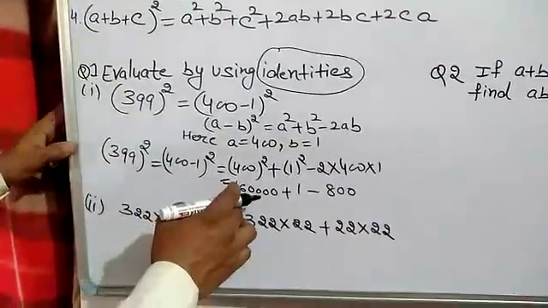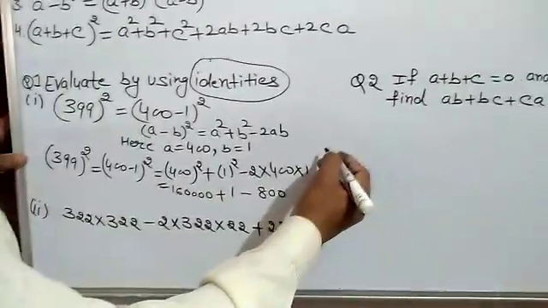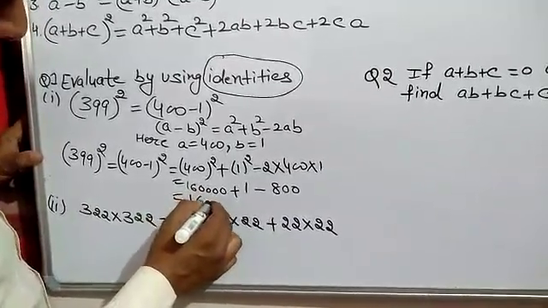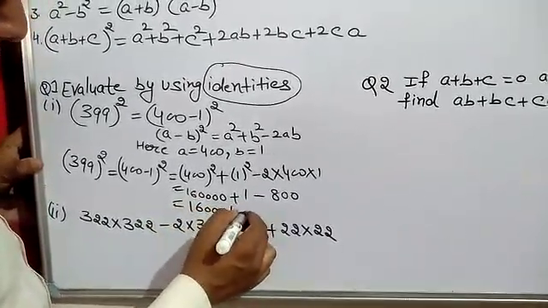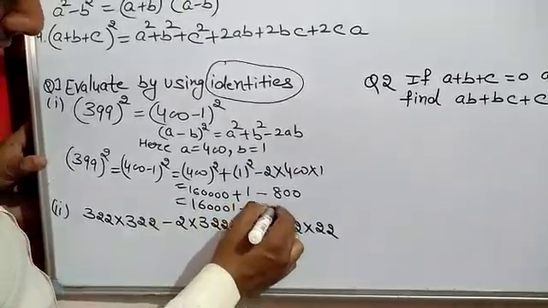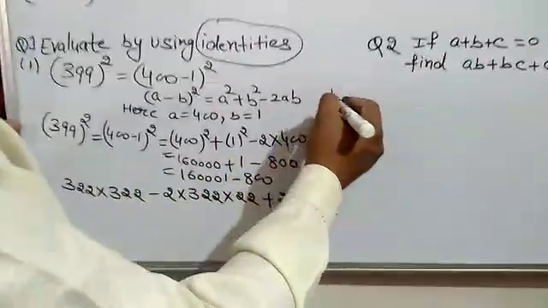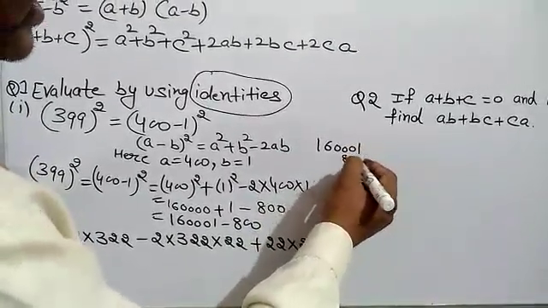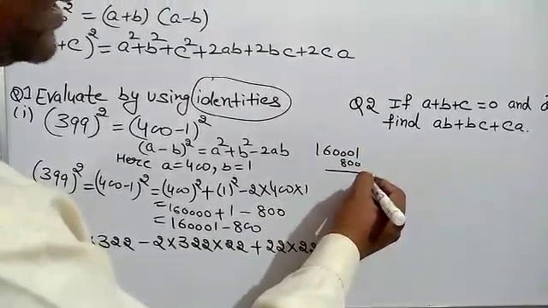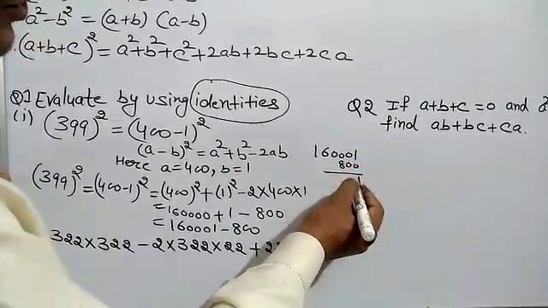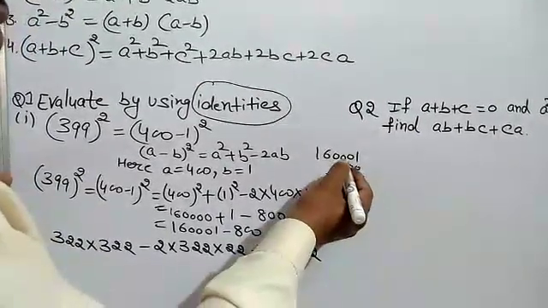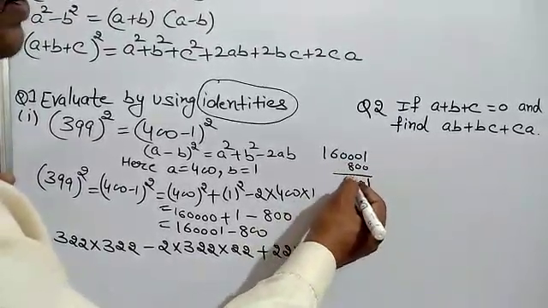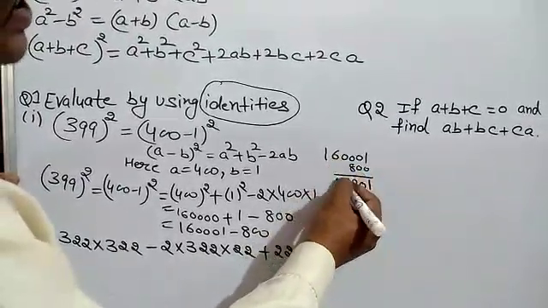So let us solve this. How can we solve this? Here students, I am solving, so it further equals 160001 minus 800. So let me subtract. See, 1 minus 0 is 1, then 0 minus 0, we are not taking any carry. Here there is need of a carry, so 10 minus 8 gives 2, and 9, here is 9, already we have taken a carry, so 5 is left.